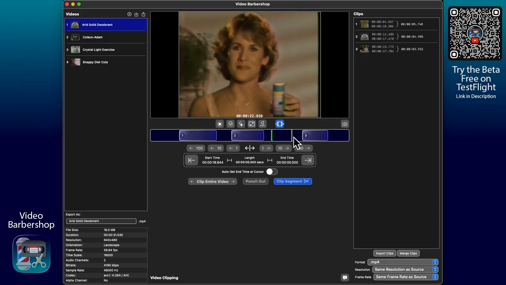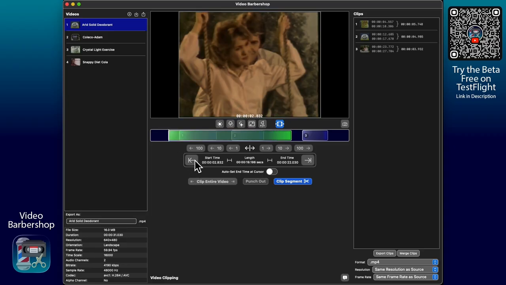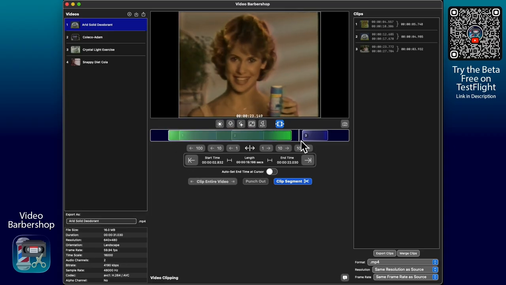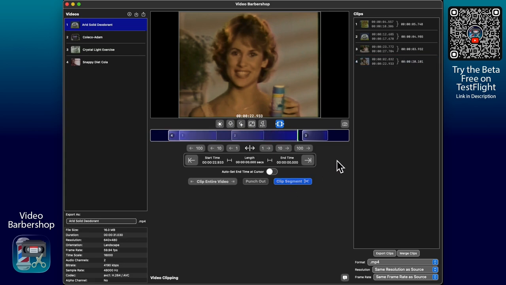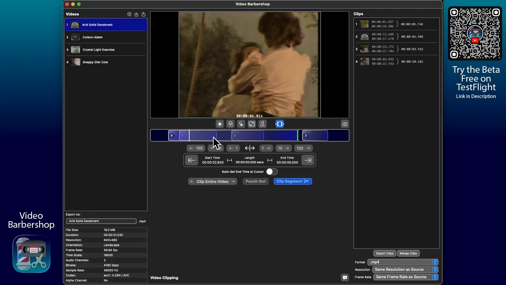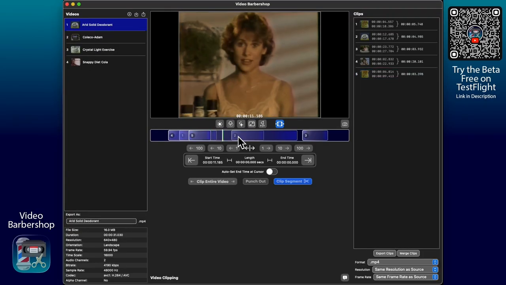But defining clips, the A, S, and D keys are also the shortcuts for defining your start time of a clip. Maybe you want your start time there, you want your end time, maybe you want it there, and then when you're ready to clip it, you clip it. These are also mapped to A, S, and D on the keyboard,